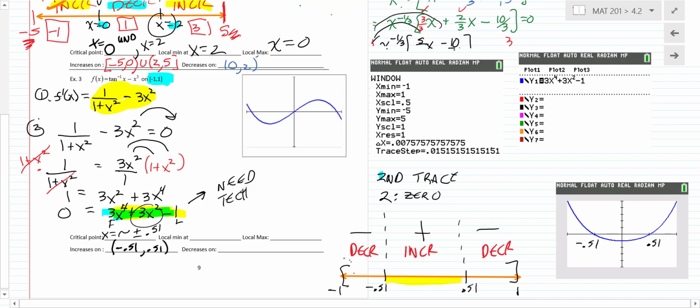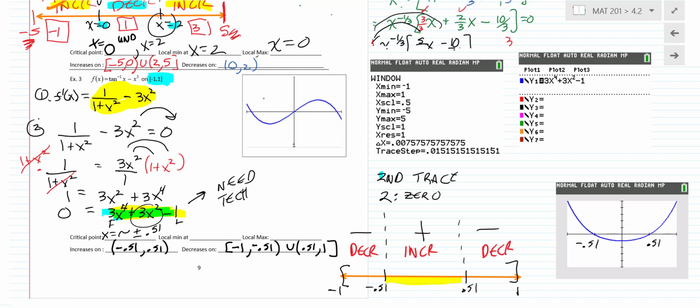Decreasing is going to be starting at -1, including it because it's a part of a bigger interval, and then to -0.51 with a parenthesis. You're rounding. Then union 0.51, comma, and then 1 with a bracket like that. Okay? Now we can do the max and min pretty easily, so if you just draw a graph, this is